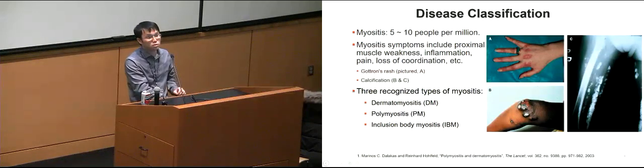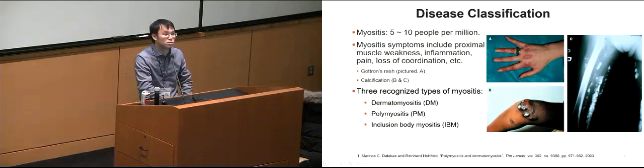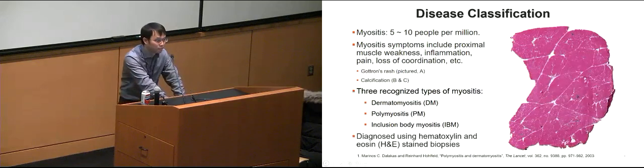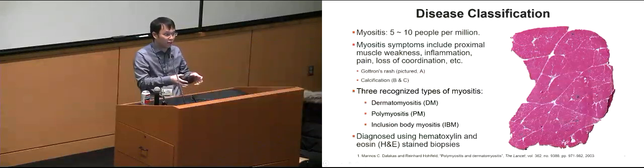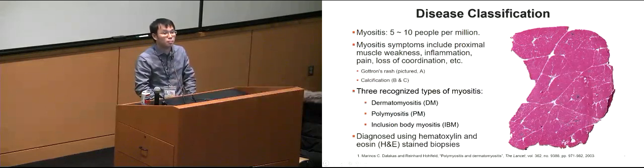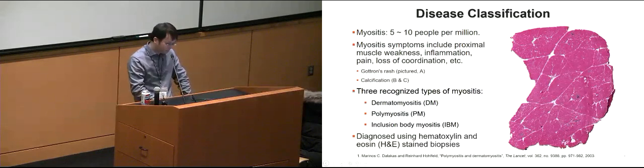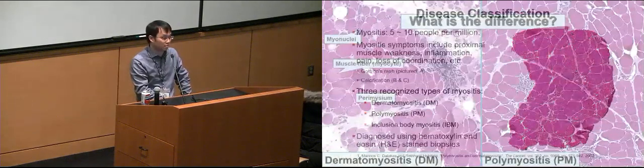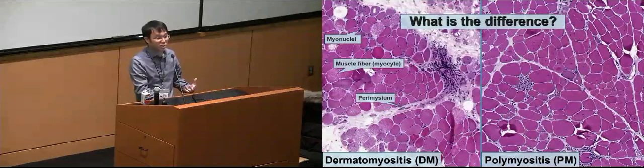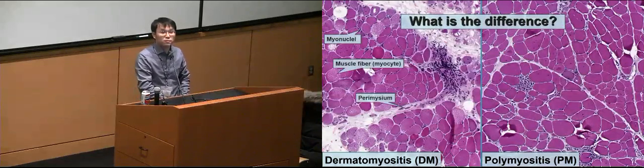Actually, this kind of disease usually is diagnosed by the pathologist based on the H&E stain slides, such as shown in this figure. The pathologist will look at this kind of slides and they try to quantify the cellular morphology changes in these slides and calculate some kind of biomarker and use this biomarker to differentiate different kinds of the myositis disease.